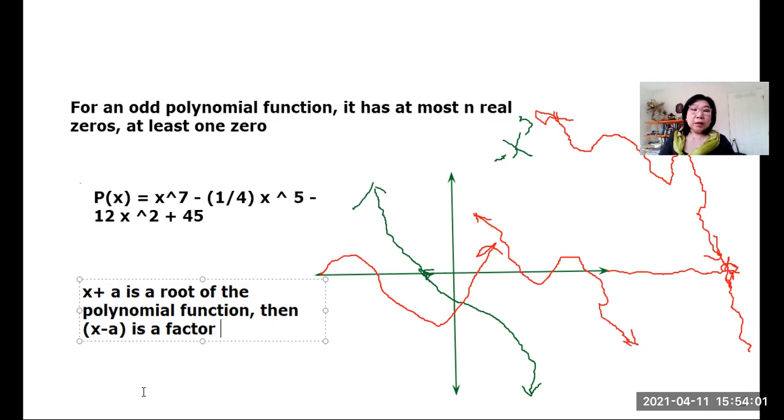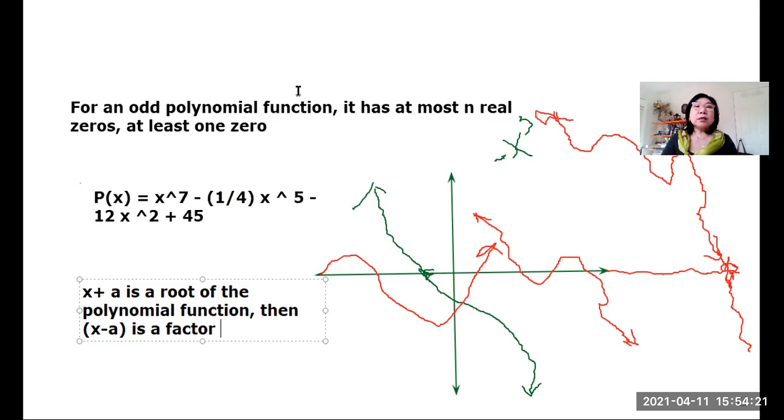Now, if x plus a is not a root of the polynomial function, then that is not a factor. The factor only occurs when these brackets multiplied together produce a 0 for you from the polynomial function,